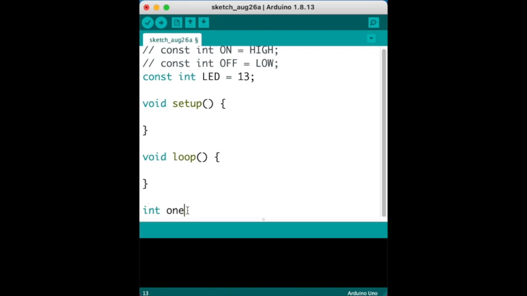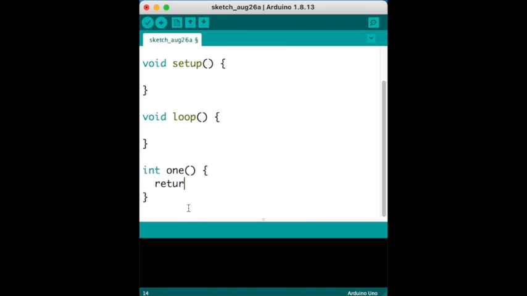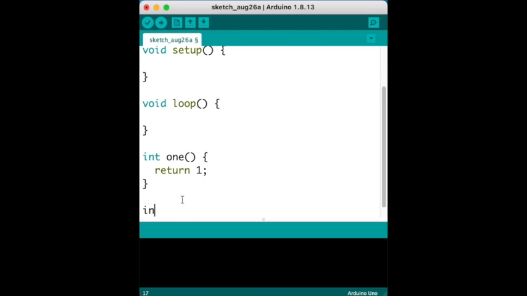Int 1 equals 1, and this returns 1. This is actually kind of the same thing as going int 1 equals 1. These are kind of the same thing, but don't do it, because if you verify it,